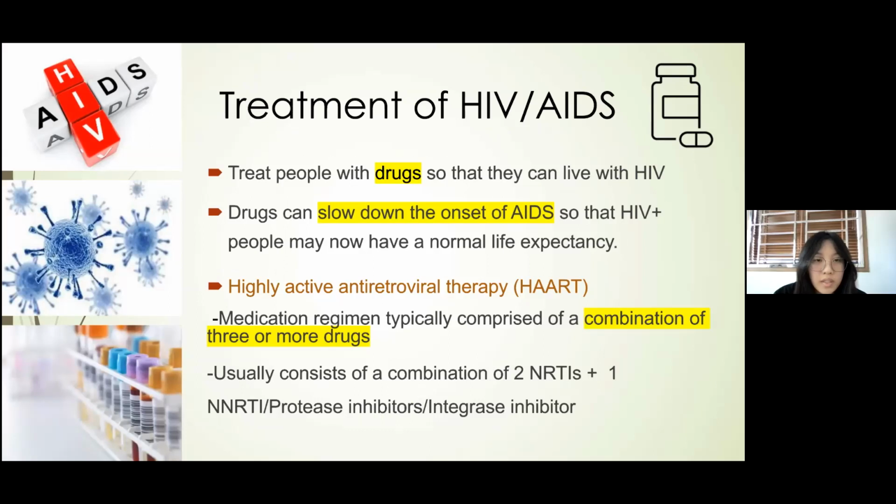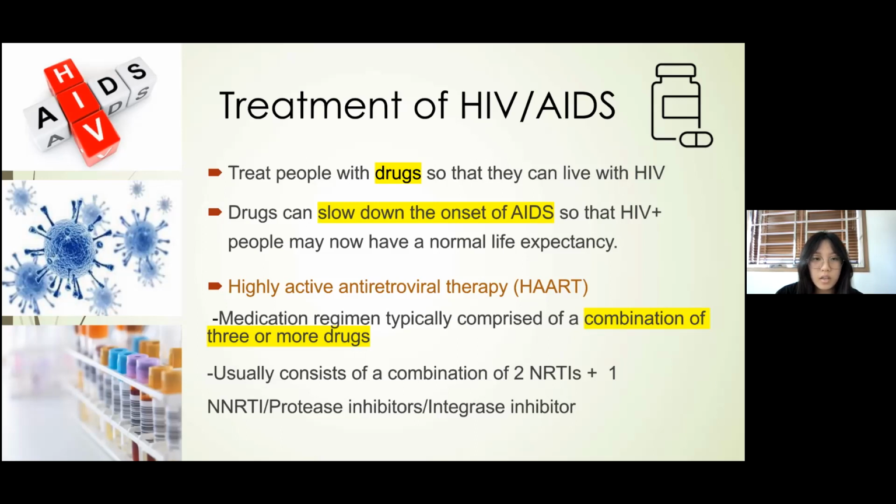And now for treatment of HIV or AIDS, people who are HIV positive will be treated with drugs. Drugs can slow down the onset of AIDS so that HIV positive people may now have a normal life expectancy. The treatment of HIV or AIDS is called highly active antiretroviral therapy, or in short form, HAART. It is a medication regimen typically comprised of a combination of 3 or more drugs, and it consists of 6